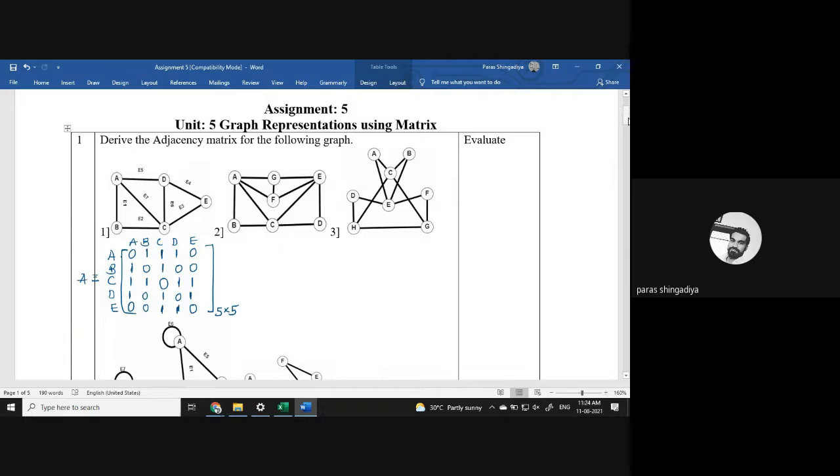First complete the second and third, and the remaining 2 graphs are for your homework. Practice. And we'll also use the online graph tool to derive the answer of this matrix. You only have to make a graph in it, and then you can find the value directly. You'll also check it for one of the graphs. First try it by yourself, and then you can verify your answer.